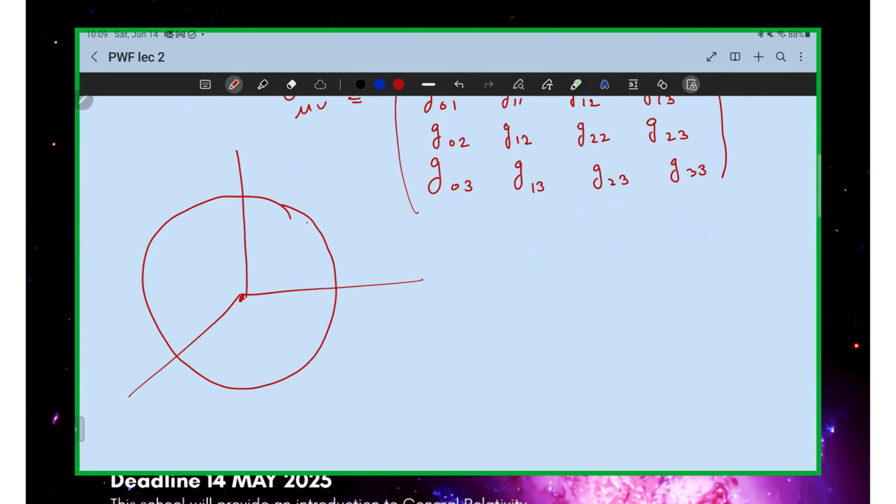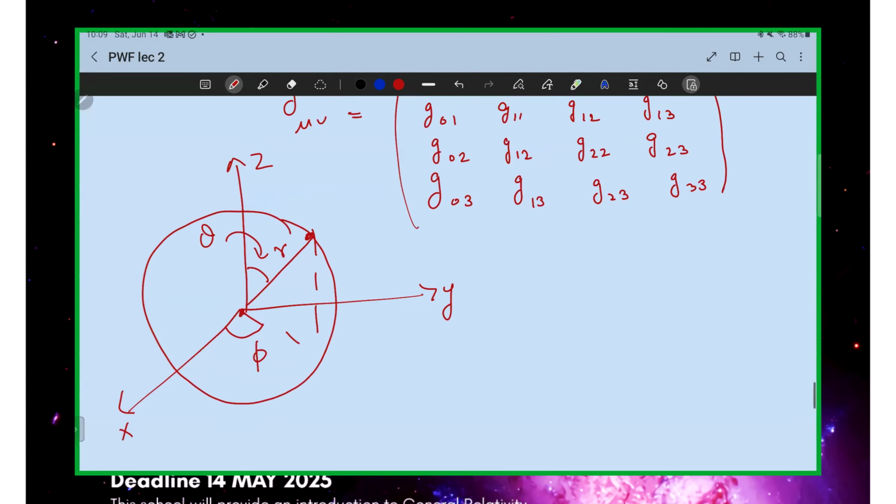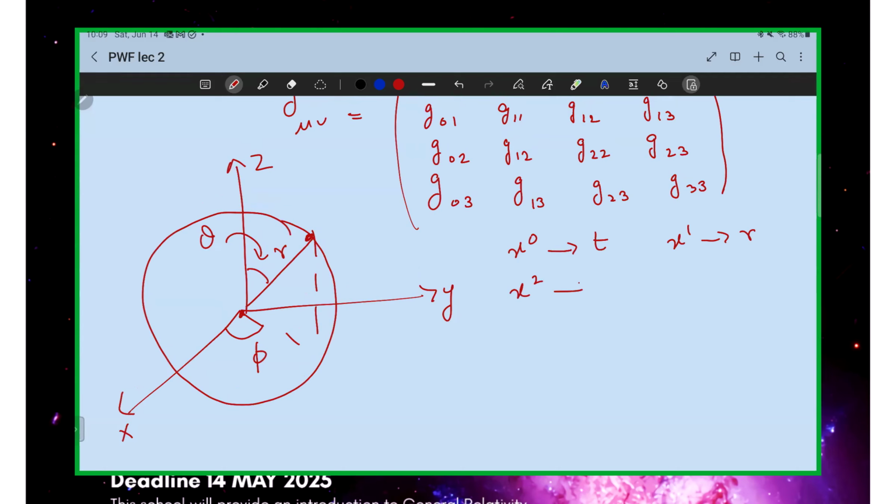So it has one radial coordinate called r, and if this is the x coordinate, this is the y coordinate, this is the z coordinate, then this angle is referred to as theta, and this angle with the x-axis is referred to as phi. Now, x0 is just time, x1 is r, x2 is theta, and x3 is phi, right? Now, if you have spherical symmetry,